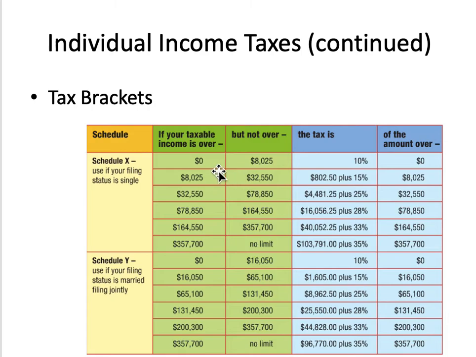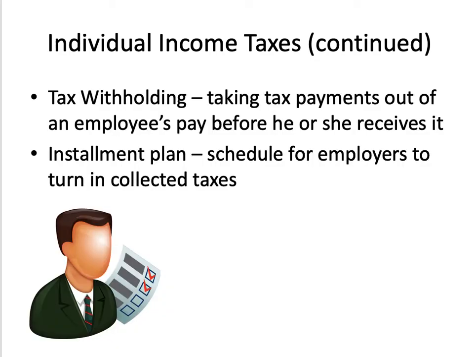If you make more than $8,025, you are now in the plus 15%. And as you can see, the more money you make, the higher the rate of income tax that is taken out. So the whole idea is that the burden is carried more by those who make more. Now, when that money is taken out for taxes, it is called a tax withholding. And your employer, if you have a part-time job right now, their job is to collect these taxes from what they've been paying you,